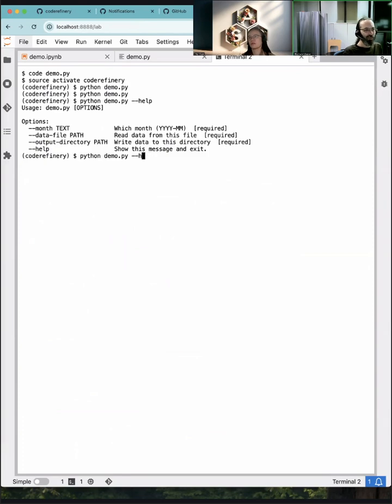Yeah, so we should try it out. So first, our data file. Our data file is weather data, right? It's a CSV file. Month. Okay, the order doesn't matter, right? Right, yeah. When you have these double dashes, then